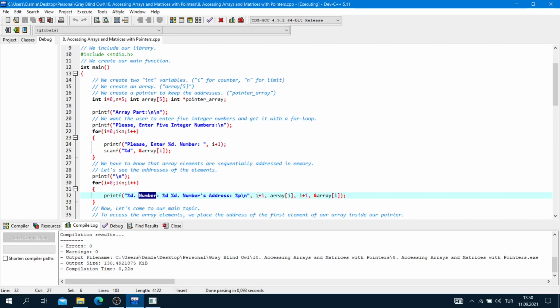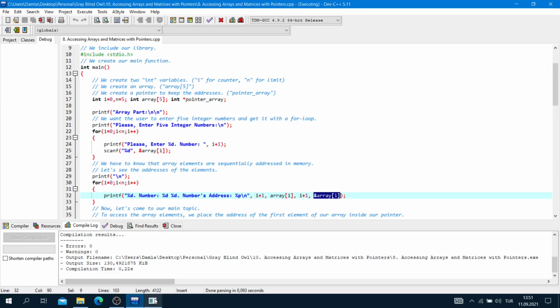So, the first percent d means i plus 1. Okay, the first number here. And the percent d, our number, so array i. And the percent d's number's address.